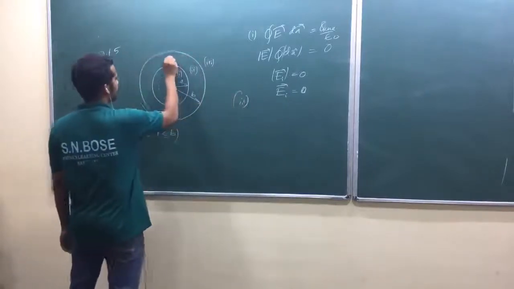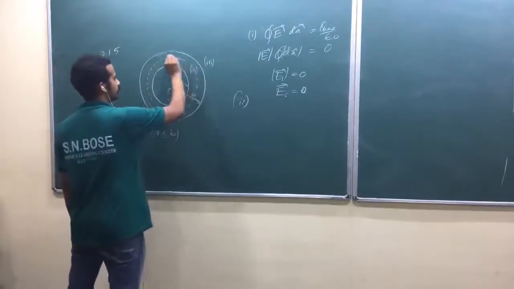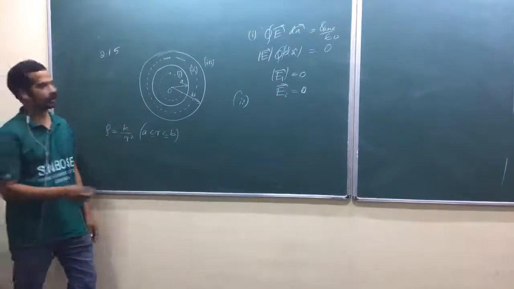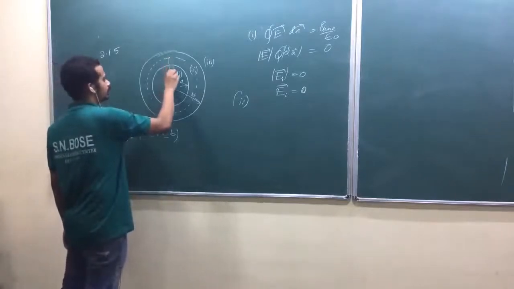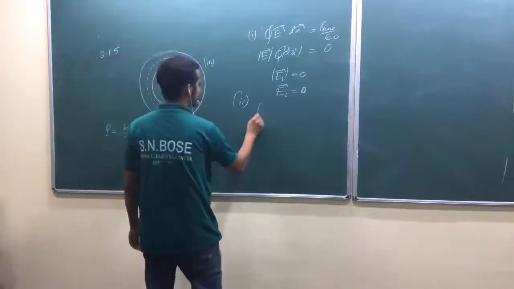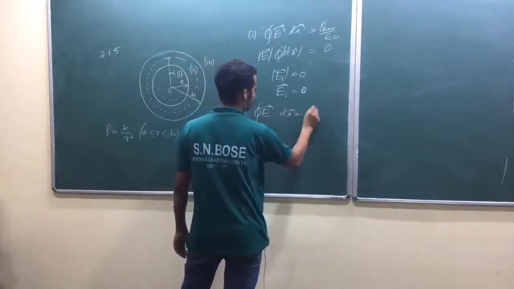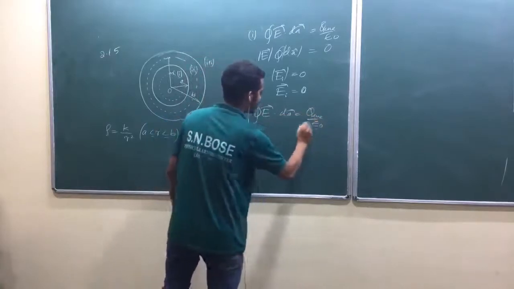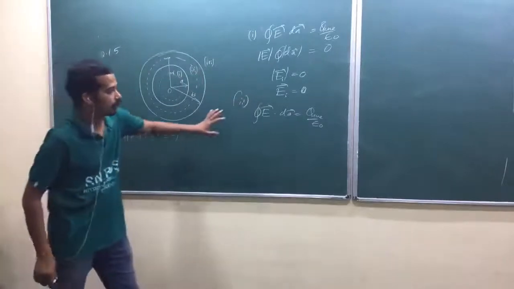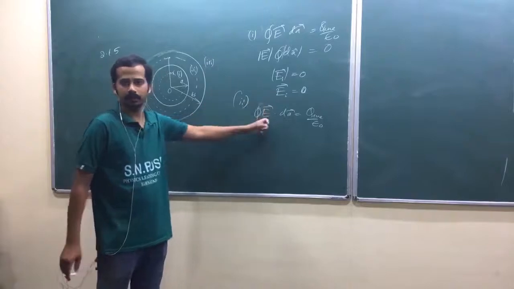Now the second region. If you take any point in the second region, you have to take a Gaussian surface again. The Gaussian surface should pass through our point of interest, remember, at a distance r from the origin. We shall imagine like that. Now for that surface, if I apply Gauss law again, E dot dA is equal to Q enclosed by epsilon naught. Let me not go to coordinate geometry for this part. I explained in the morning at the end.